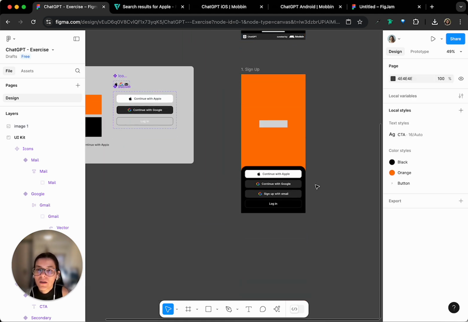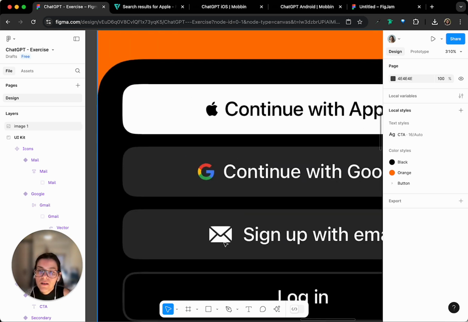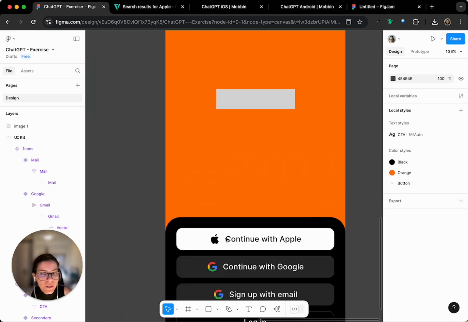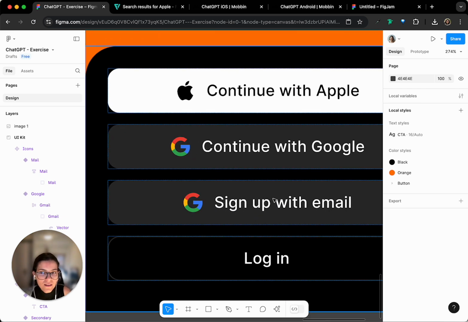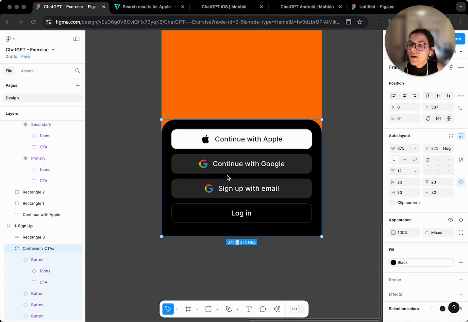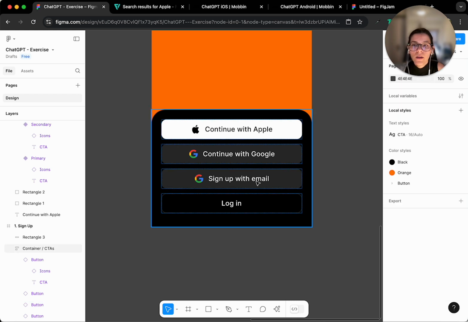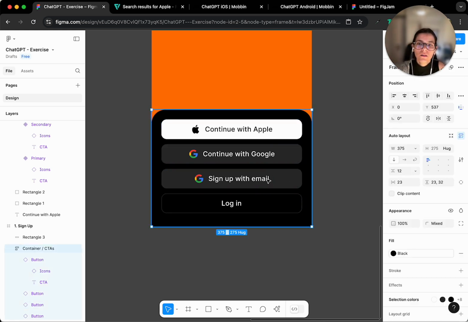Okay, awesome. That happens. The sign up with email button is not reflecting. It's reflecting the components. So here I'm having the Gmail icon, and I needed to have this email icon. But no worries. What we're gonna do here is I'm gonna move myself again. I'm gonna come here on this button, and I can double click to directly select on the canvas,